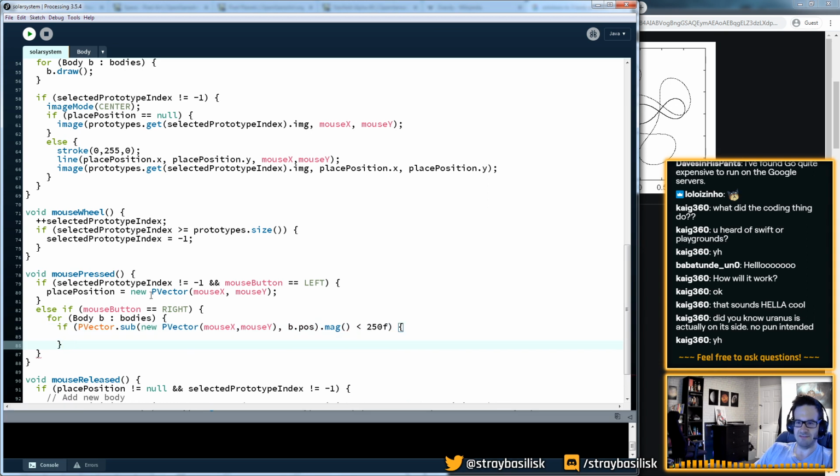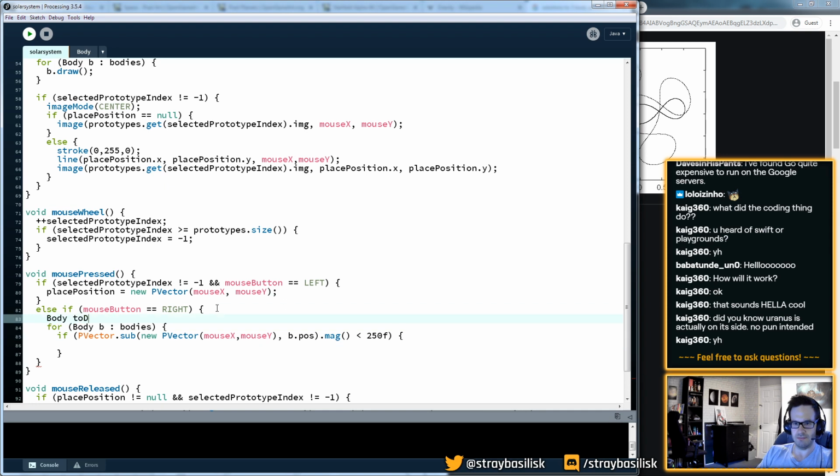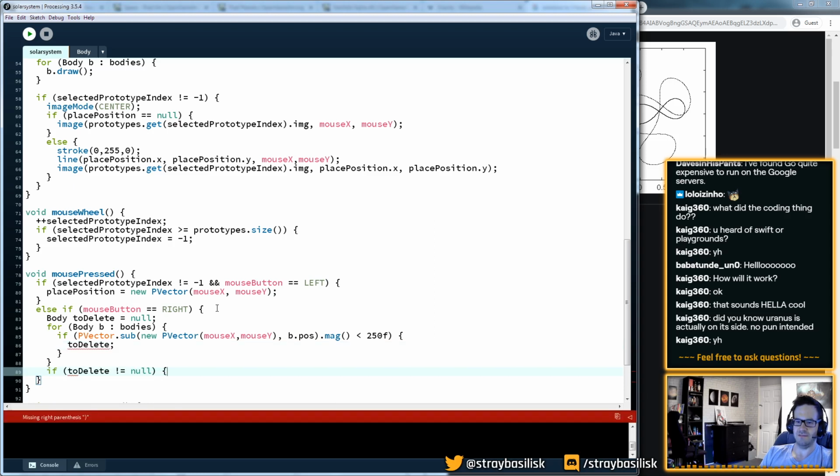What I'm saying is find a vector between my mouse and the position of this thing, and if it's below a certain threshold, then I'm going to remember that I want to delete this. If I found something,